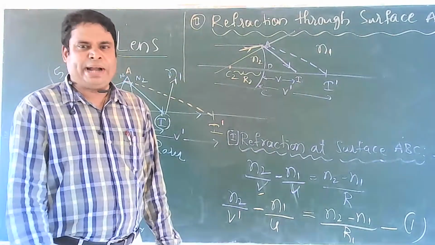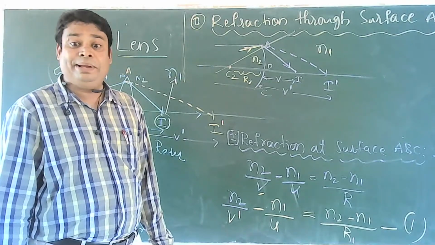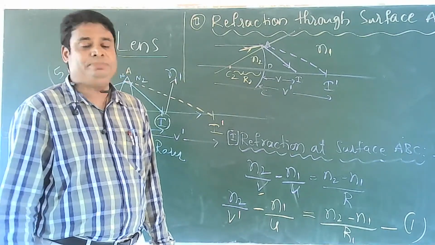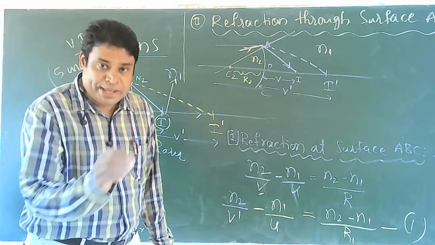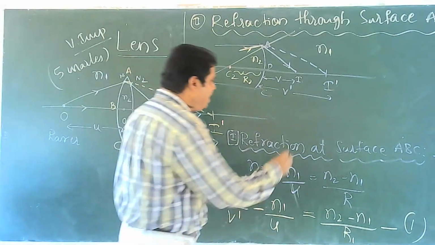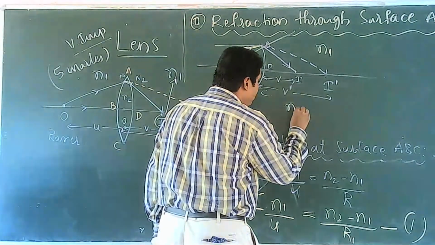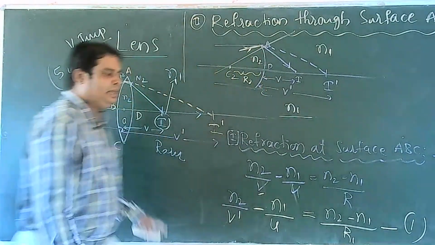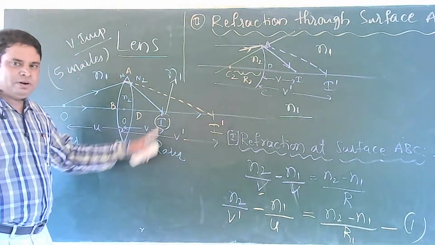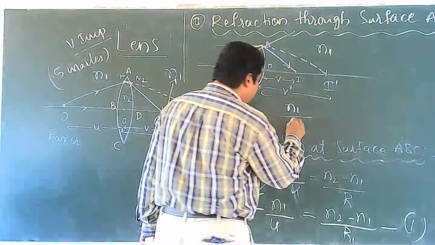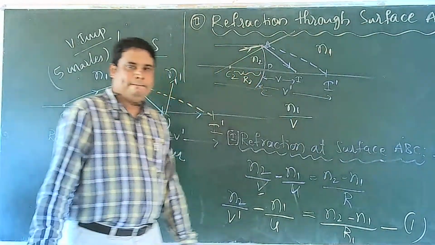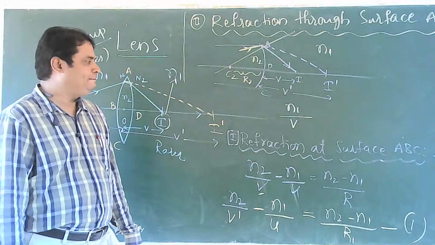So your formula is the refractive index of the image space, where the final image is formed, N1, divided by the distance V,